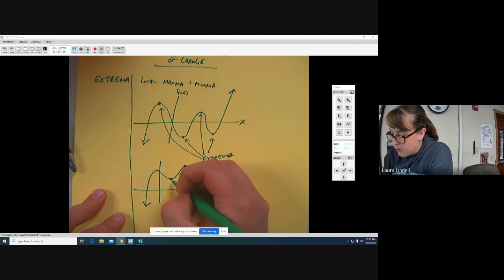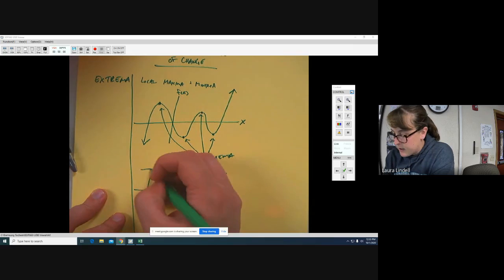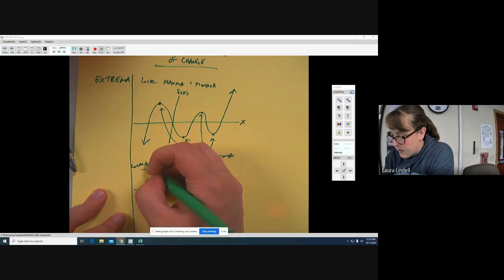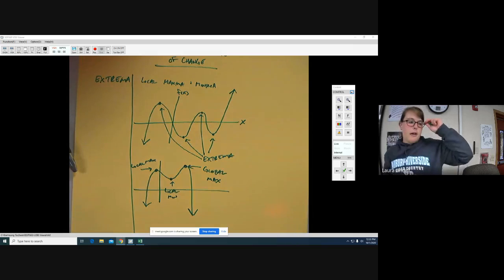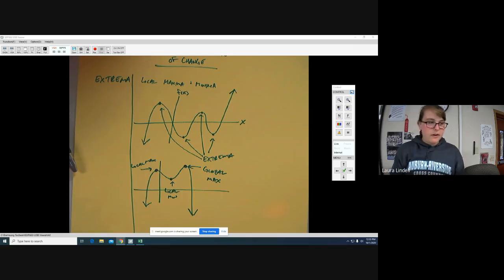And then this would be a local min, and this would be a local max. So it's only a global if it's overall for the entire function, the maximum value of the function, and it's